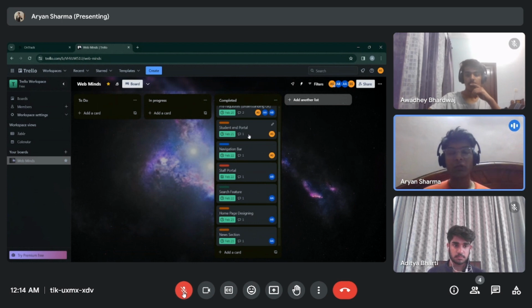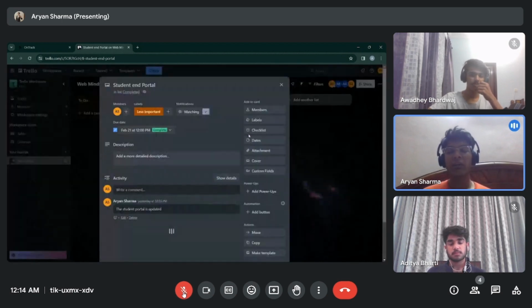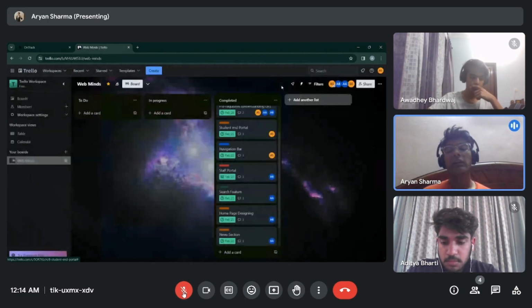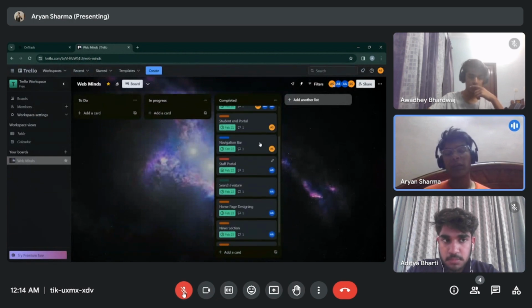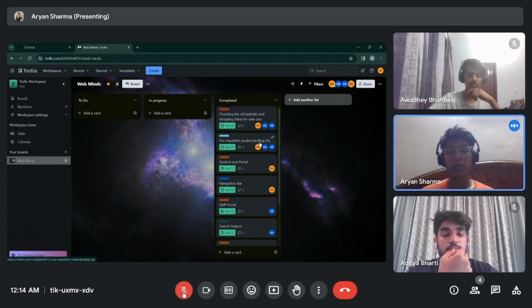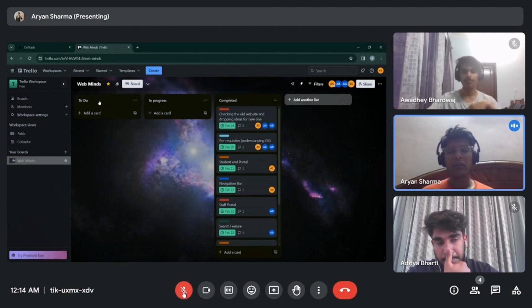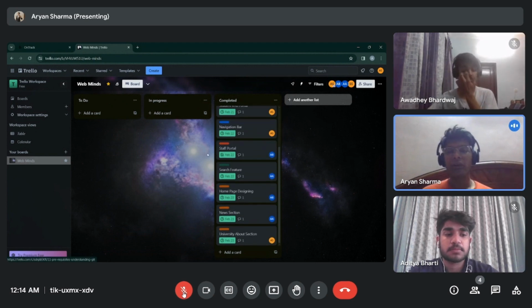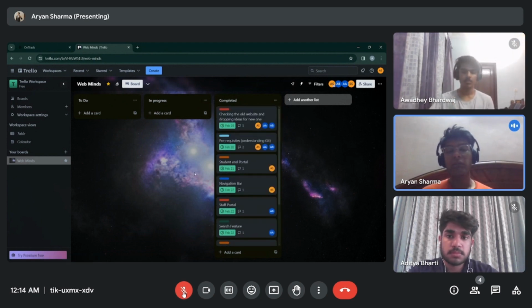So that's why we have created this comment section, where team members can update that the student portal is updated or whatever the scenario is, so that other team members can also get motivation that we are one step closer to our goal. So this was a basic overview of our tasks. It had three sections: to do, in progress, and completed. As of now there's no backlog; we have completed all the tasks that we thought would be necessary.